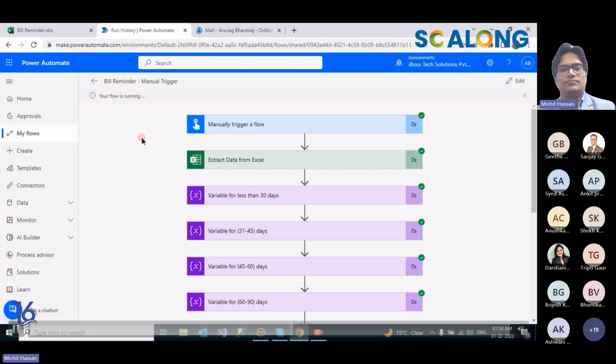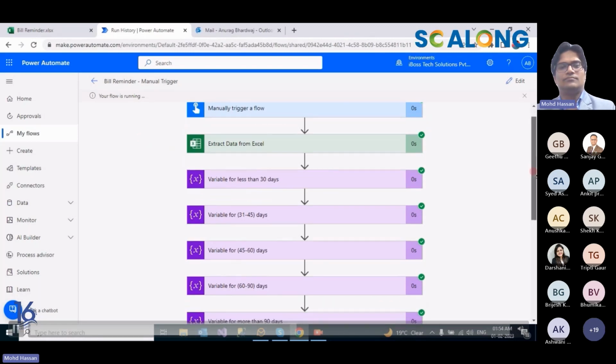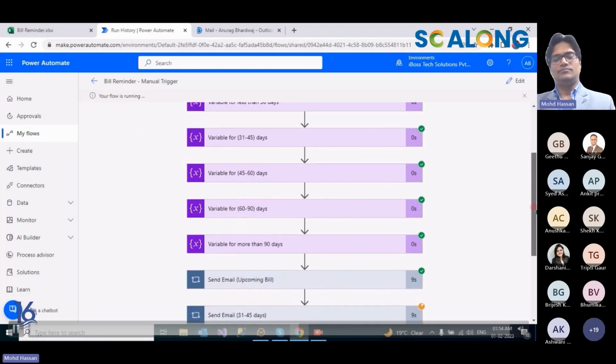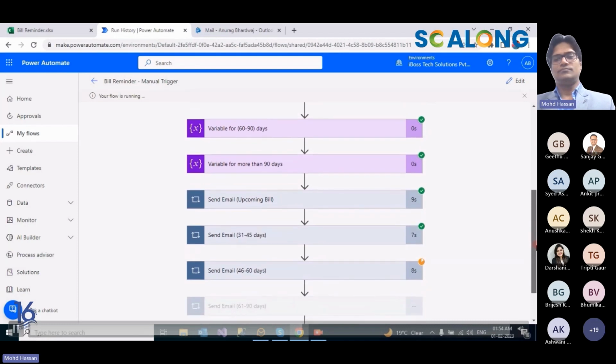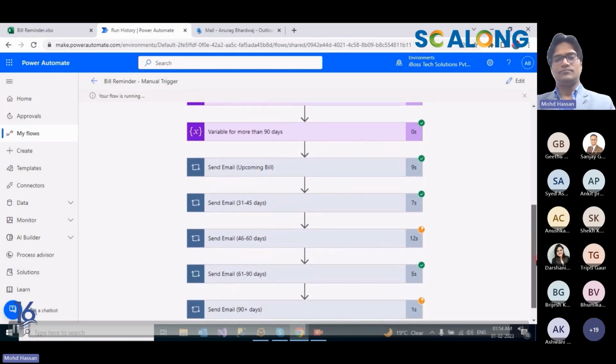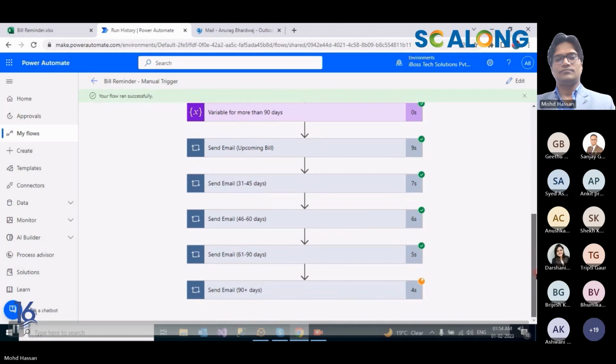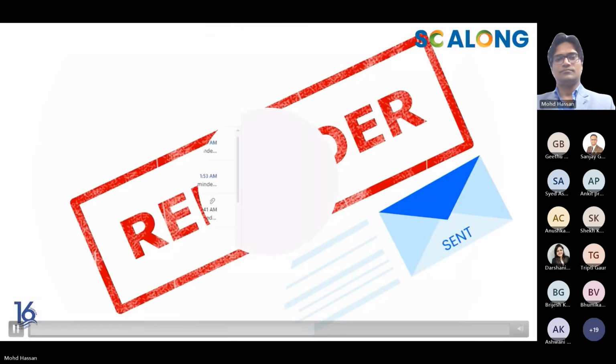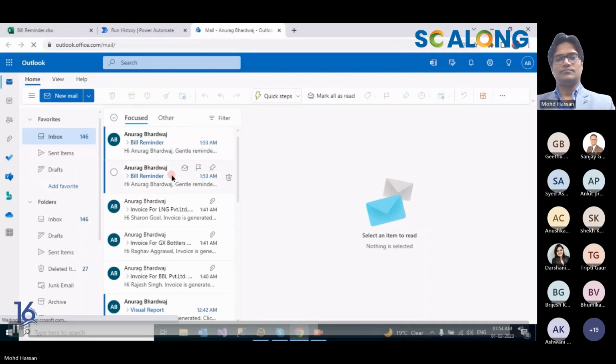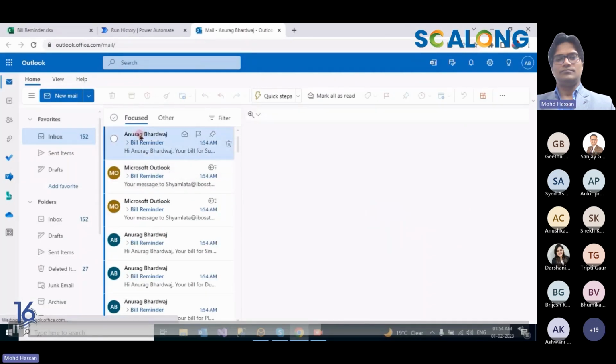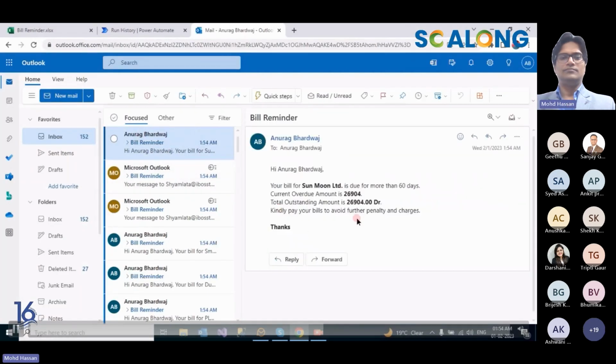And this is all done in a fraction of the time, making payment management more accurate, efficient, and organized, freeing up the resources to focus on other critical tasks. This is the preview of the email reminders sent to clients with all the relevant details.